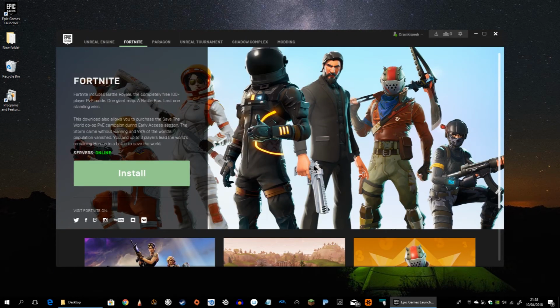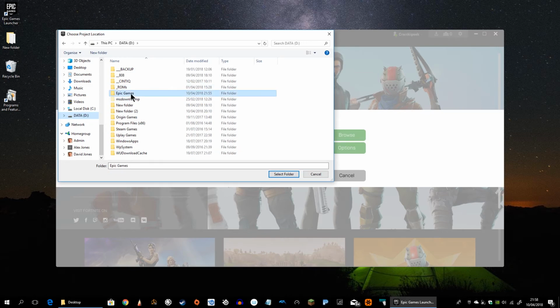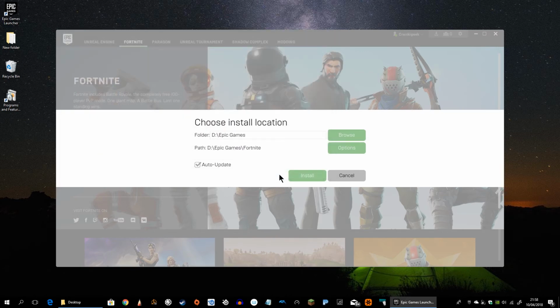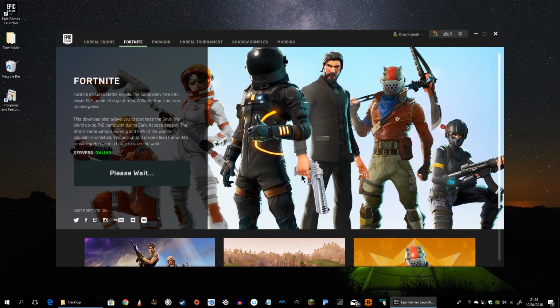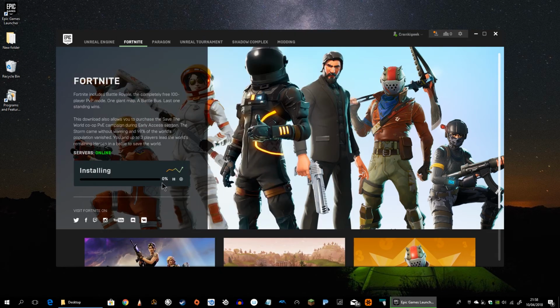Once you've completed installing the launcher and have signed in again, you can then reinstall Fortnite. And this time we'll choose to install it in D Epic Games, the folder the launcher installation has just created. Minor thing, but this will mean that the Epic launcher and Fortnite will now be stored in the same location on the same PC. Once the installation has begun, you can click Cancel Installation